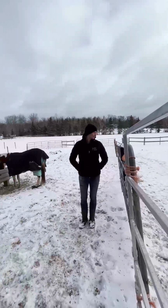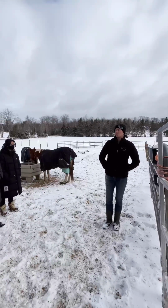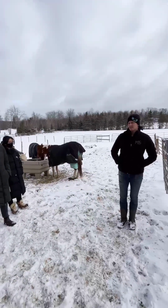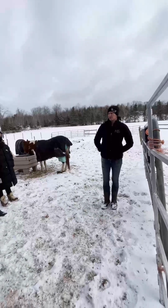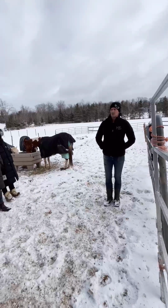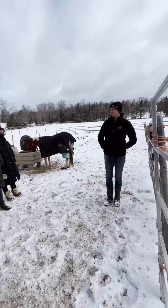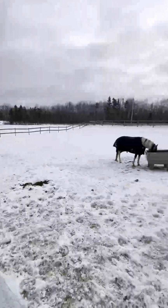So hopefully if we can start collecting him, we'll be able to offer him to outside mares for fresh cooled, which is more desirable to most breeders because frozen can be a little tricky. You have a very narrow window of when you're going to be successful to get your mare bred with frozen semen, where fresh cooled is a little more forgiving and you have a little more of a window to get those mares pregnant. And then